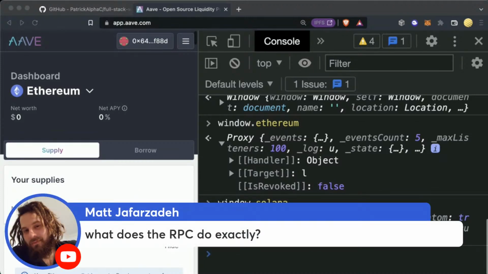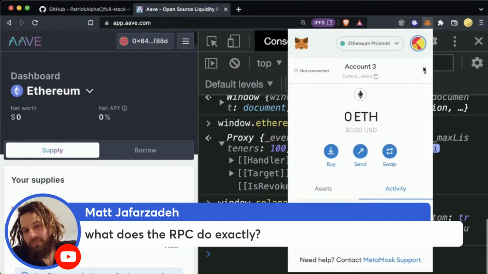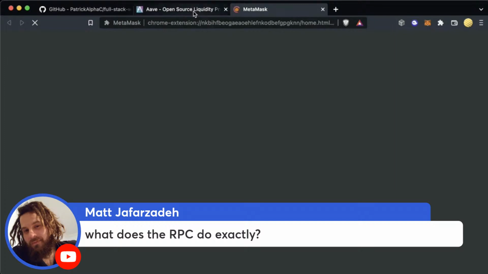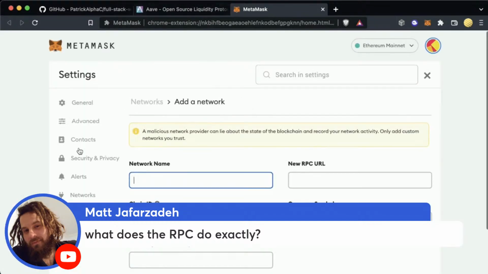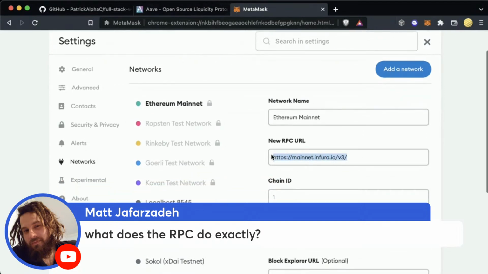What does the RPC do exactly? Yes, good question. So when we want to send a transaction to a blockchain, we have to send it to a single blockchain node, right? Or many, but at least one. And that blockchain node is going to be the one to propagate the transaction and tell all the other nodes about that transaction.